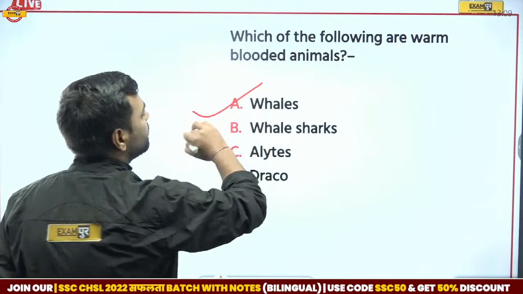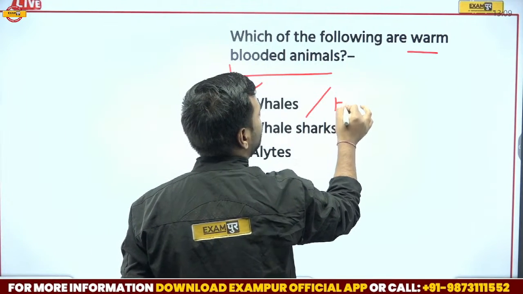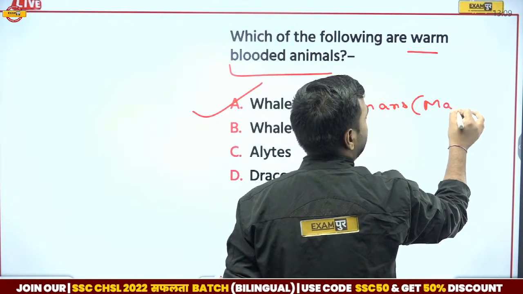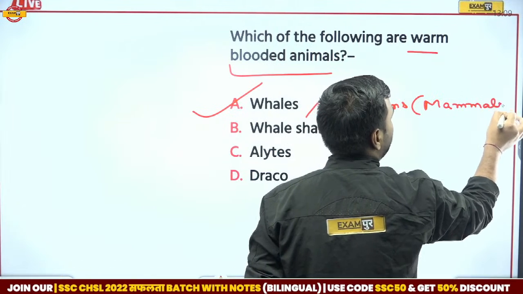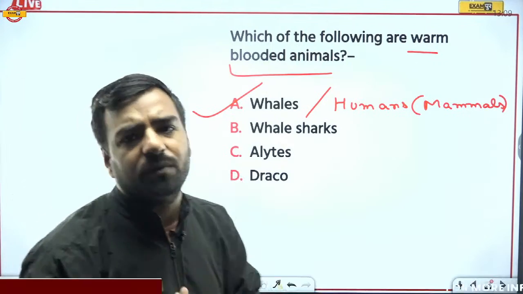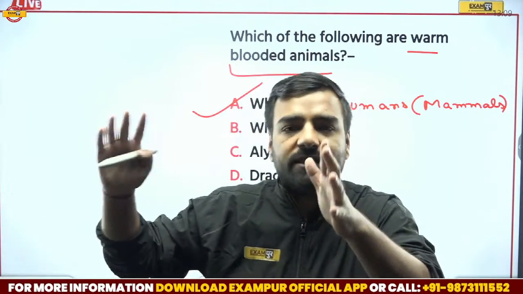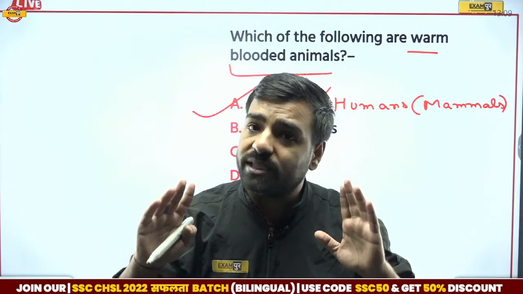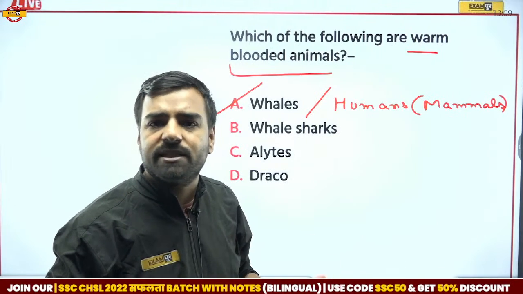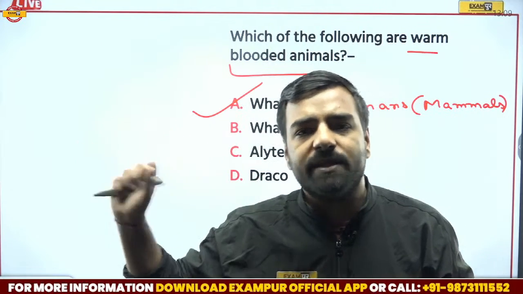Here, obviously, if I talk about warm-blooded animals, apart from whales, we can talk about humans as well. In short, I can talk about mammals, right? So yes, please remember, whenever we are talking about mammals, this means we are talking about ourselves. Now think of a scenario. If I am going to Jammu and Kashmir, and if it is very cold there, my internal body temperature is going to be the same. If I go to Africa, my internal body temperature will still be the same. This means we are warm-blooded animals, where our body temperature remains the same.